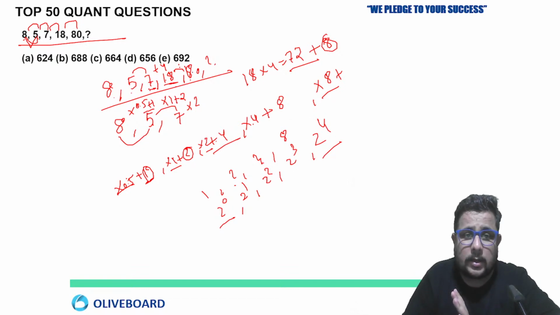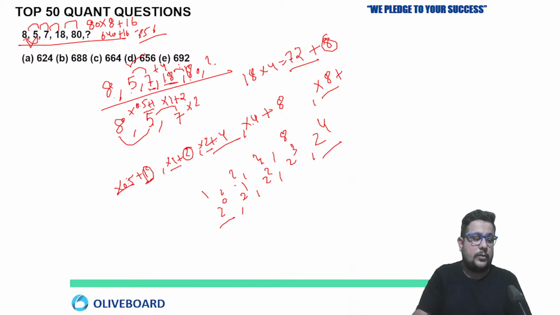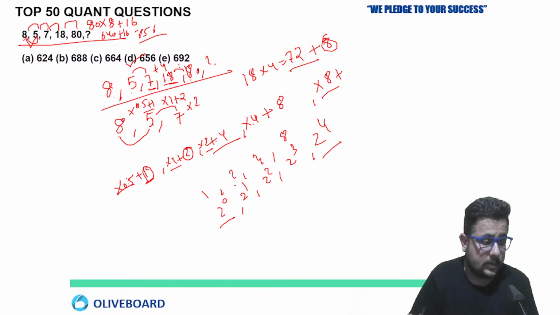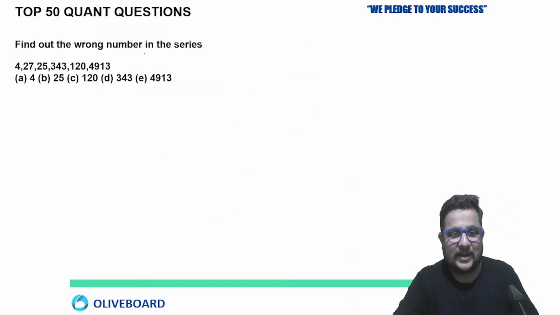So 70, what is the next term? 80 multiply 8 plus 2 to the power 4, means 16. So 8 8s are 64, so 640 plus 16, 656. How many of you got D now? Very good. Great job. Now you can see, don't go with one answer. All answered C, C, C. But it was not the answer actually.